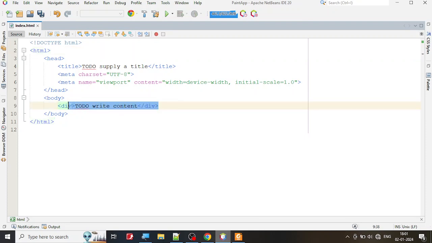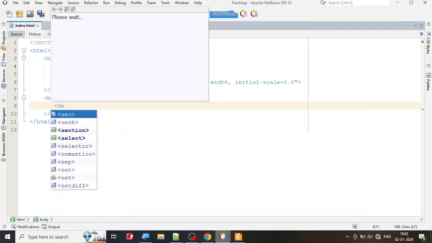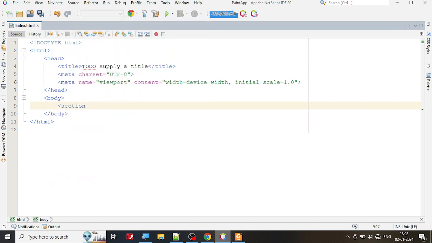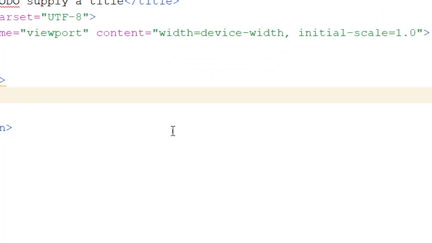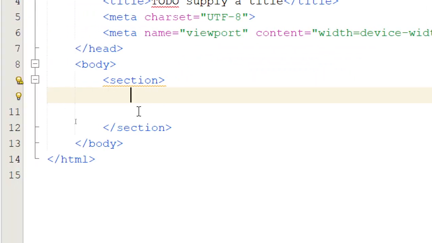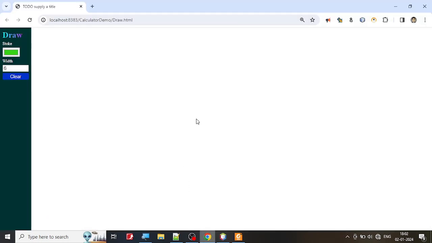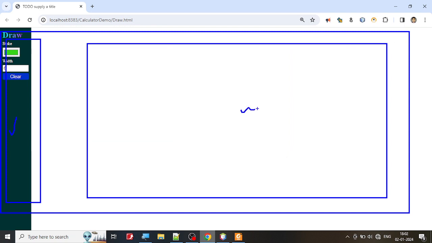So in this application, I'm going to create the section first. By now you're familiar with the idea of a section. I'm going to create a section, and within this section I'm going to have two parts. Now this whole thing that you see here will be my section. This section will contain two parts. One is for my toolbox, and the other one is the main area wherein I'm going to draw the